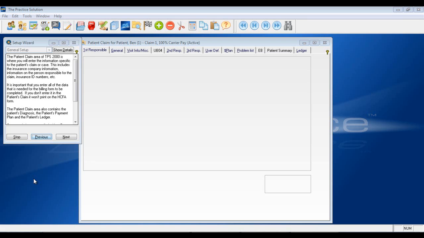In this video, we'll go ahead and go through creating a patient claim and adding the necessary information to it. The patient's claim, also sometimes referred to as a patient's case, holds all the pertinent information related to a patient's injury and their insurance information, such as the carrier, their insurance ID, their diagnosis codes, and so forth. Also located in here is where a lot of information will be entered that is necessary to bill out for